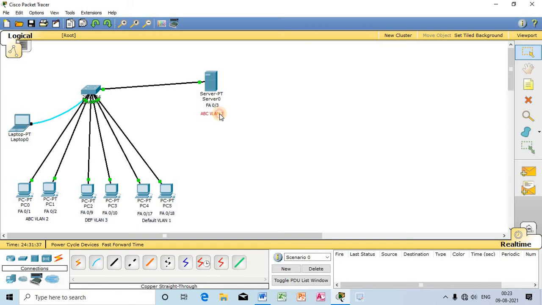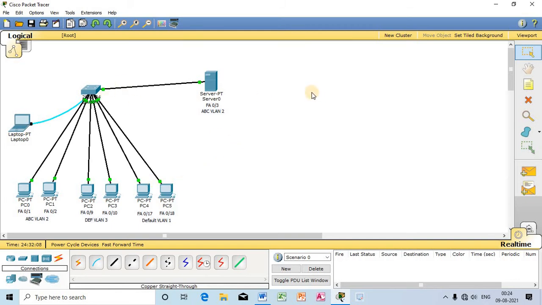The rest of the computers or any other networking devices will not be able to communicate, because the VLAN has been separated. In spite of that, the switch is physically the same switch, but virtually the VLAN has been separated, so that is why the traffic of separate VLANs will not be accessed among each other.